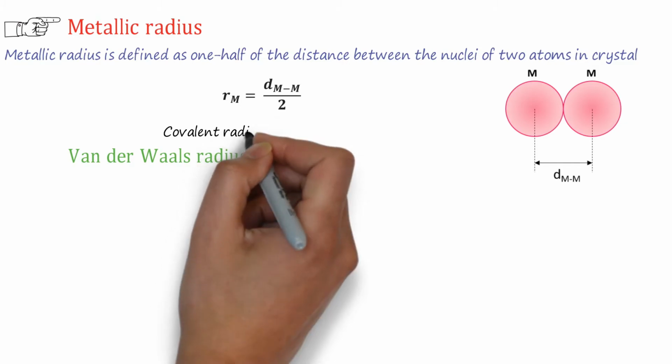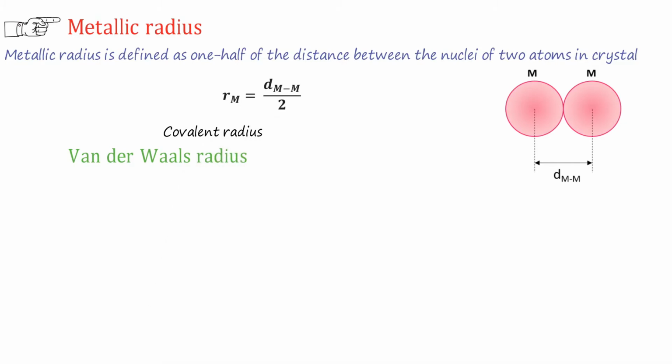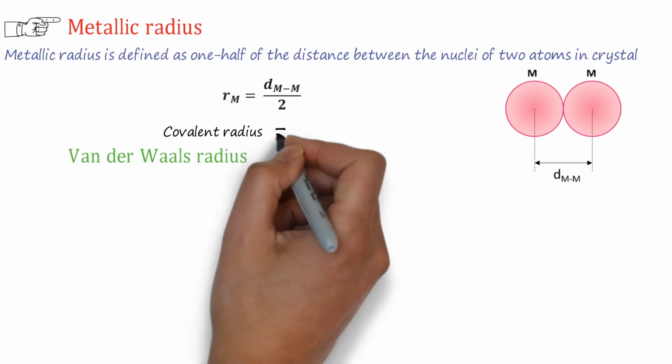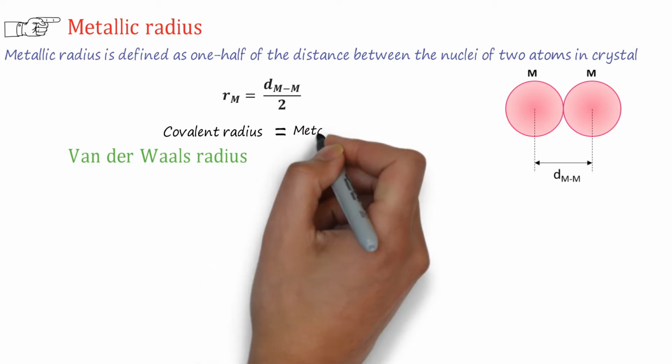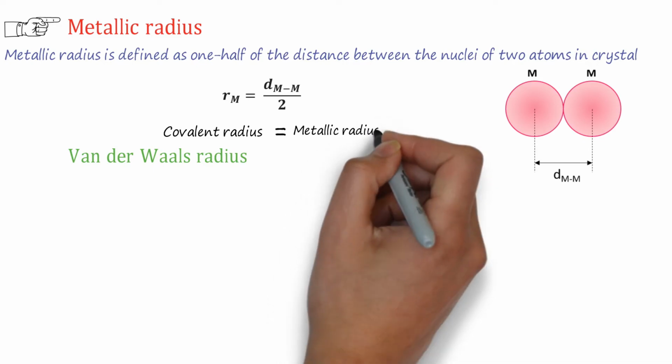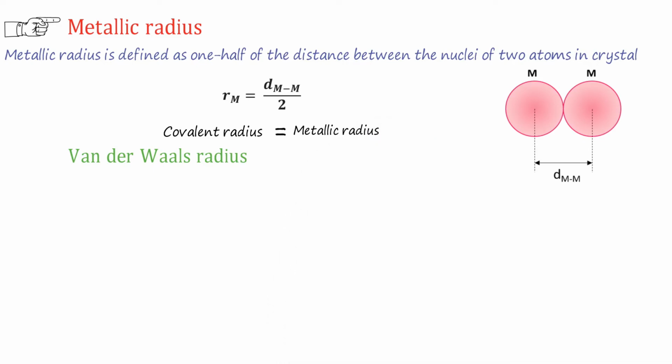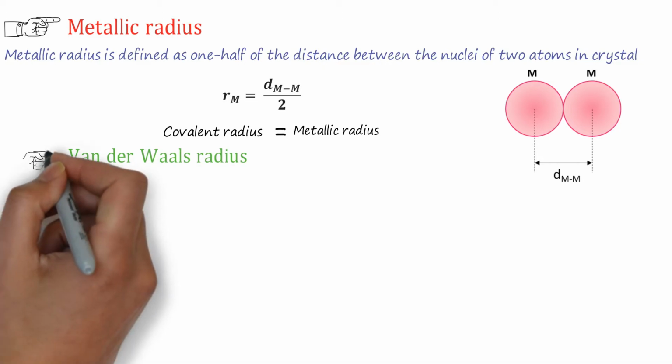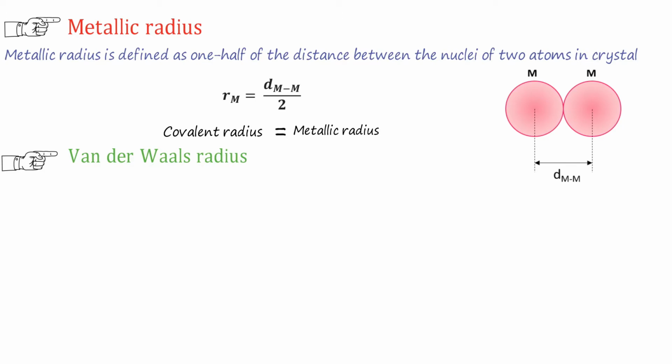It has been found that the covalent radii of metallic atoms, as determined from metallic hydrides and organometallic compounds, have almost the same value as the metallic radii determined from atomic volumes of the metallic phase. Therefore, they are sometimes also called metallic covalent radii.